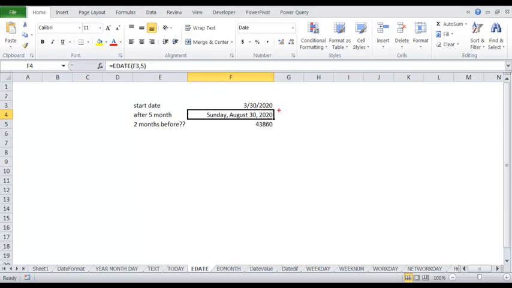Now there is one more trick to convert this to the format like this. This is called Format Painter. So you select this, click on Format Painter, and it will come like a paintbrush, and you again left click. So this has come through Format Painter. So 2 months before today was January 30th 2020.